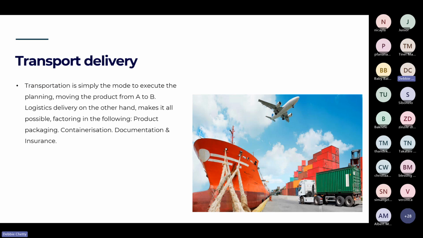And then lastly, you have transport delivery. Now, it is simply the mode to execute the planning, or moving the product from A to B. And logistics delivery, on the other hand, makes it all possible, factoring in the following: product packaging, containerization, documentation, and of course, insurance. Right? Like I said, each of these topics that we covered is explained in greater detail in your study guide, which you're required to go over as well. Okay,